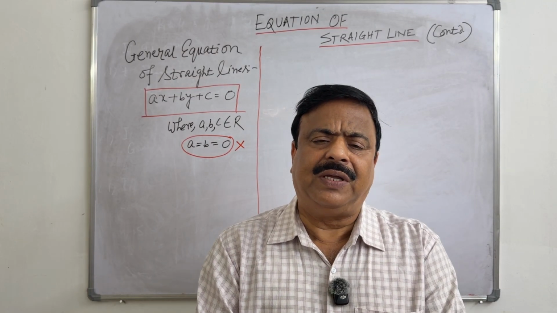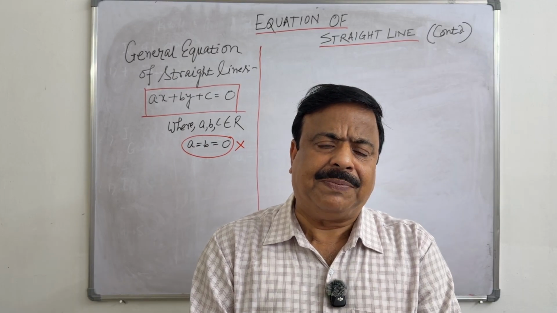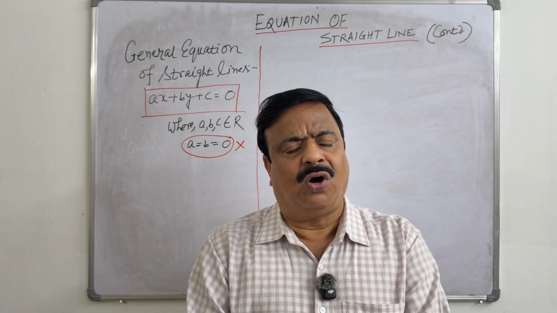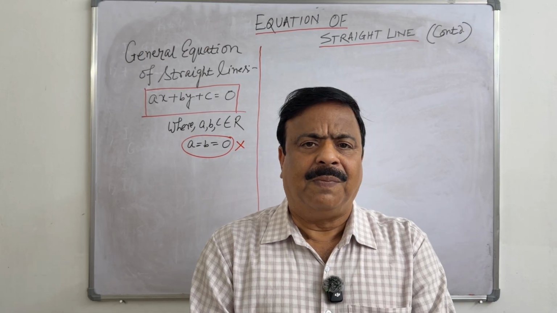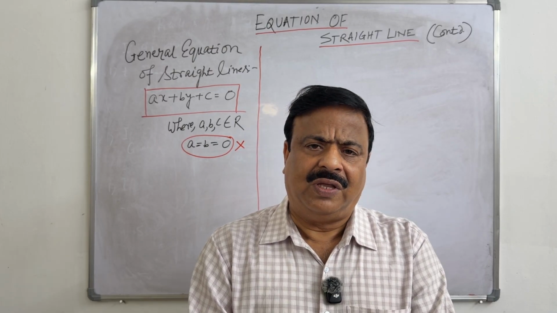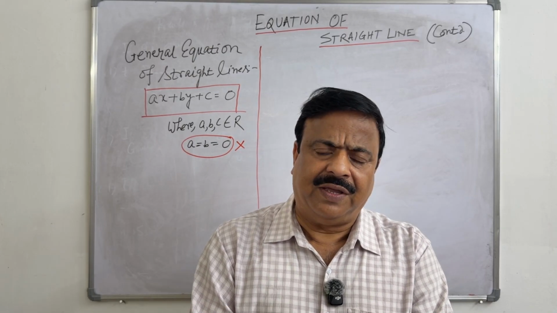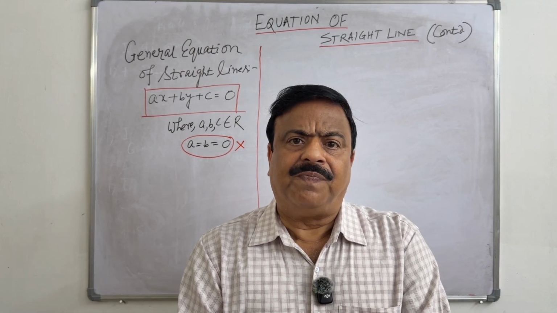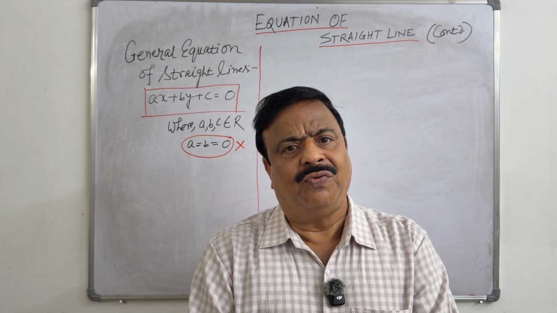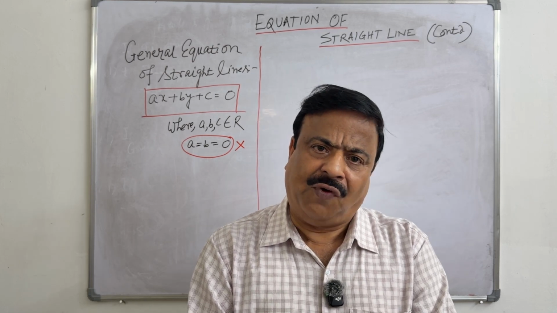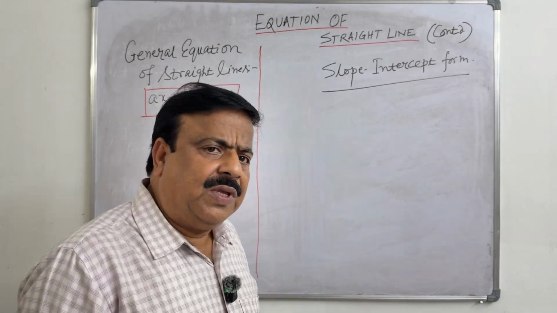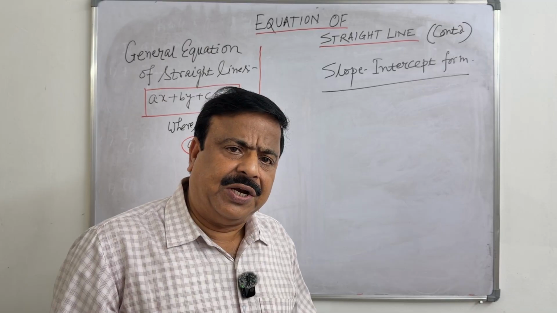In the previous session, you learned what the intercepts of a straight line are, how we can find the equation of a line when it is parallel to the x-axis and y-axis, and what the equations of the x-axis and y-axis are. In this session, we learn a standard form of the equation of a line, which we call slope-intercept form. You know that for any straight line, the general equation is